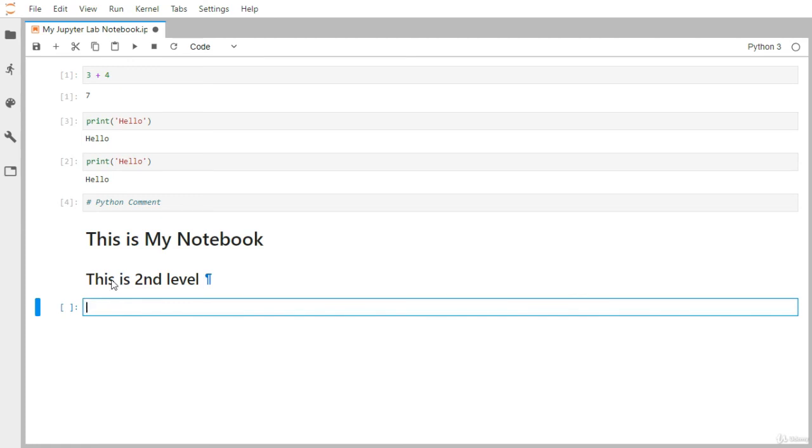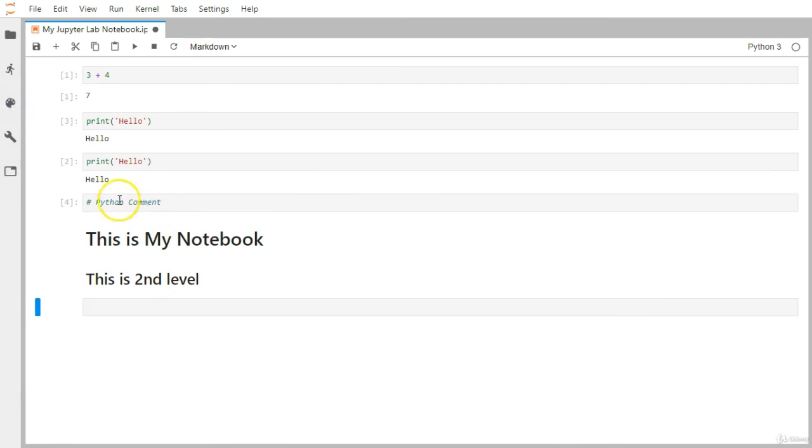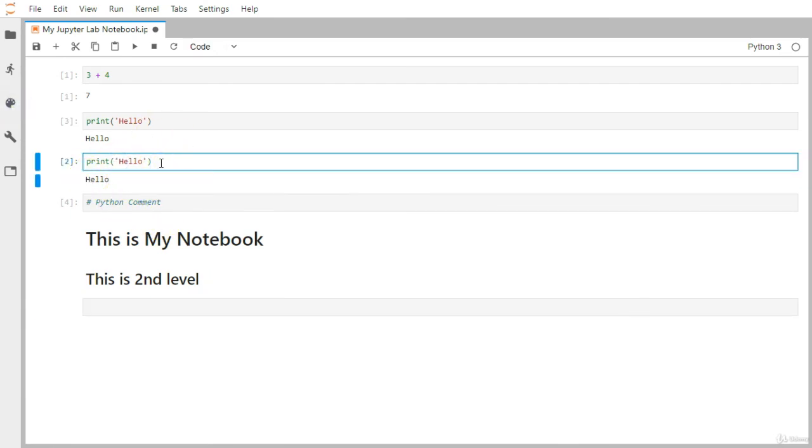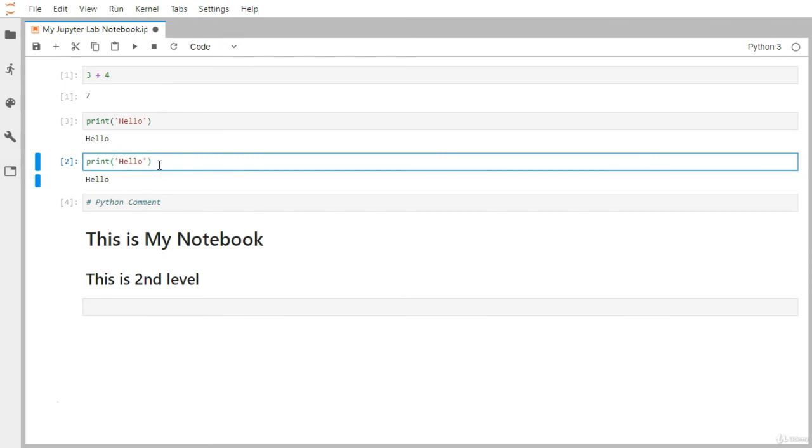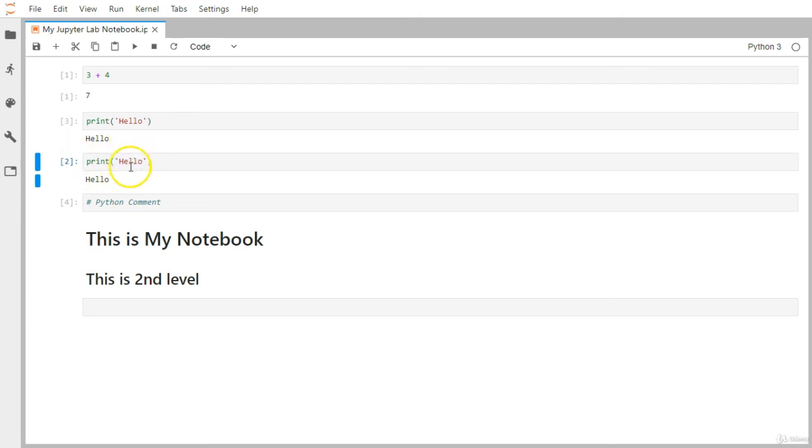Now let's say you want to create a new cell with some shortcut button. This particular Python code we want to convert into a markdown cell. From here you can select and make it markdown, or if you want to do it from the command mode, you can just press escape. Once I press escape, you can observe that this blue line has been lost, because once I press escape while selecting a particular cell, I am in escape mode. Once you are in escape mode, all those shortcut keys you can apply on top of it.